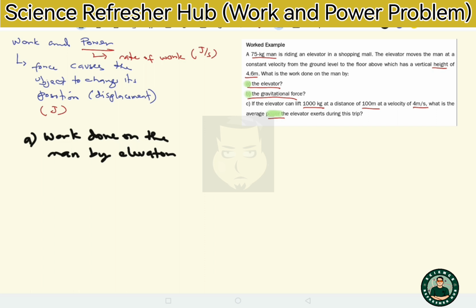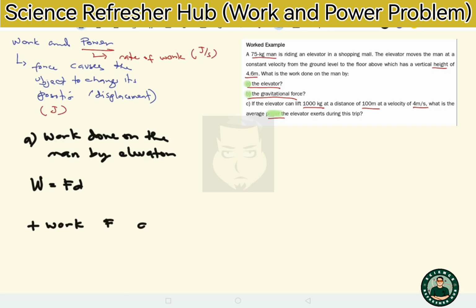Okay, so our formula to get the work, if you could still recall, is work equals force times displacement. Actually, we have cosine theta, but in this case, we will just neglect it. But we have to do the sign convention. We have positive work and then negative work. Positive work, just a short review. We say positive work,